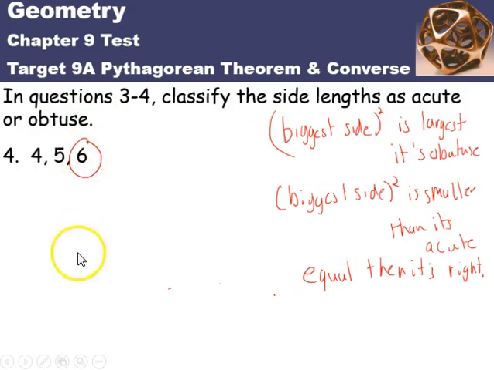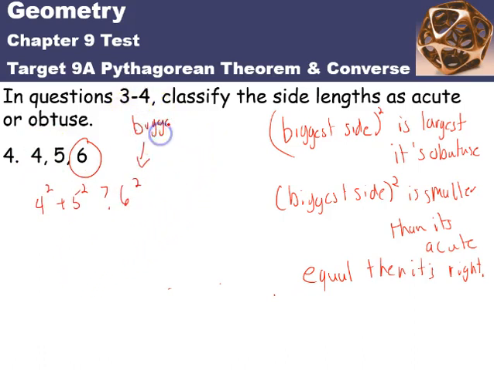So 6 is the biggest side, so we're going to do the Pythagorean theorem. It would be 4 squared plus 5 squared, and we want to know if that equals 6 squared. So we're focusing on that side. This is the biggest side. So 4 squared is 16, and 5 squared is 25, and 6 squared is 36, and 16 plus 25 is